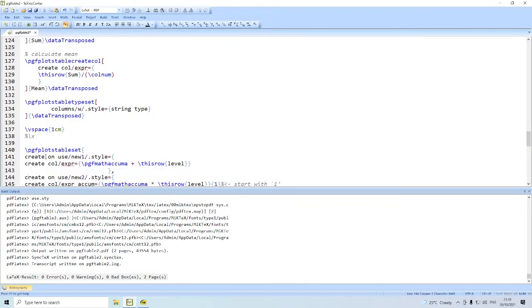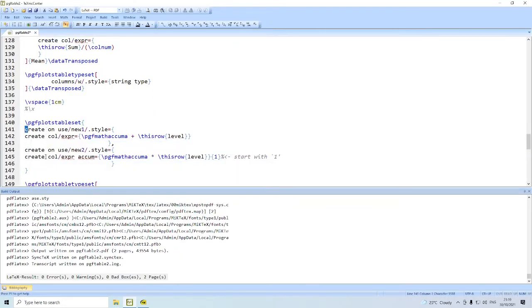Let us consider the next case. Create and use a column new1 whose style is expressed like this. Expression \pgfmathaccum plus \sum. We find the sum. Next, column new2 has got the product.